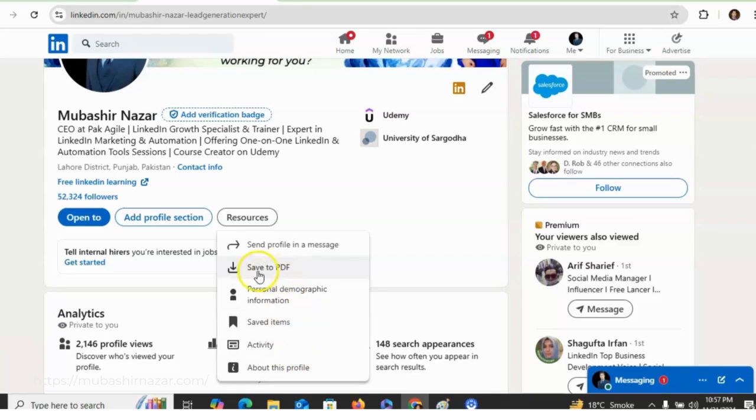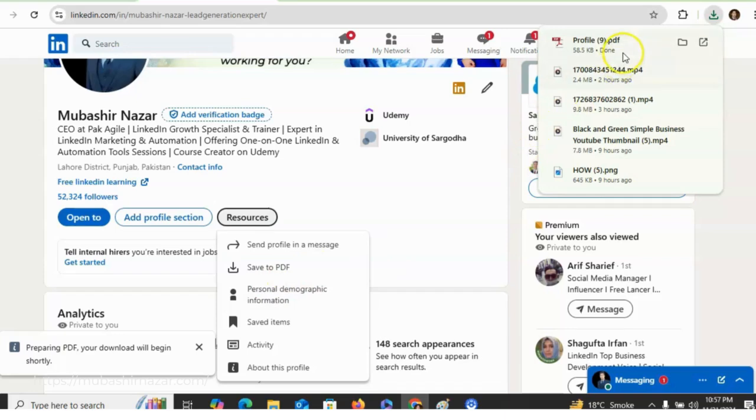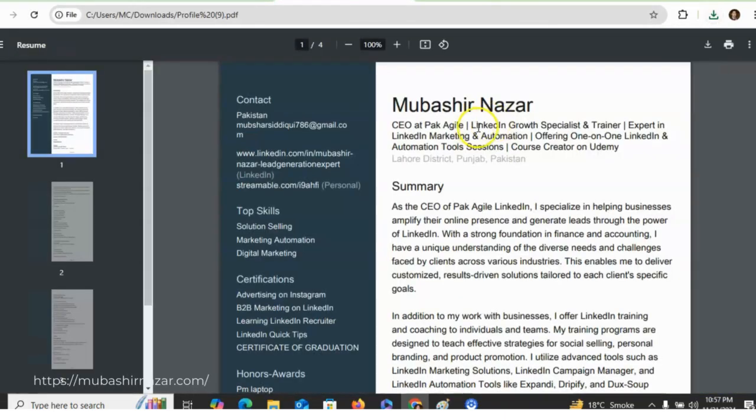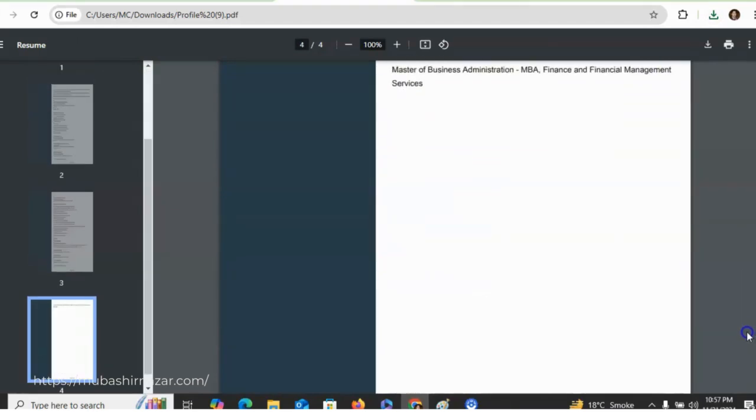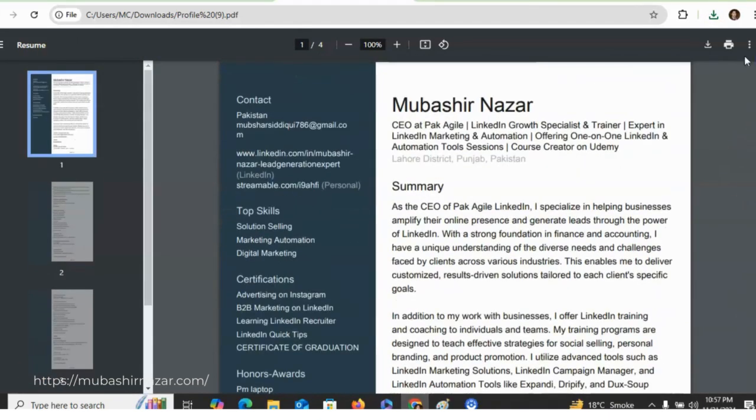So simply you just need to click on Save to PDF, and now you can see that your resume is ready. And from here simply you just need to click on Download,